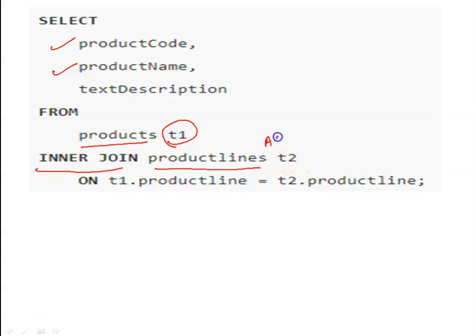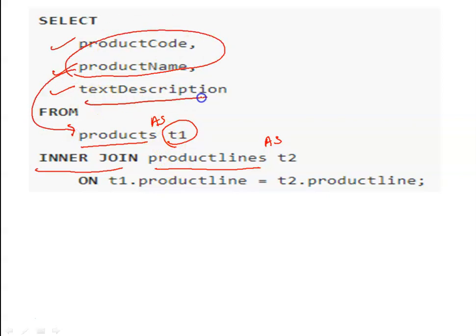I am not specifying as over here because as is an optional keyword. So both the tables have aliases, that is T1 and T2. Now I specify text description because I am joining both these tables. Product code and product name belong to the products table and the text description belongs to the product lines table.